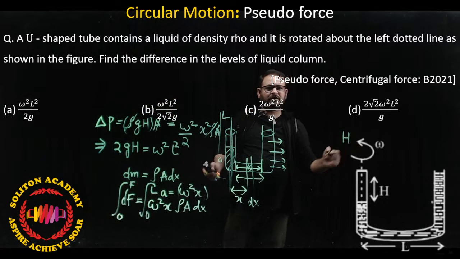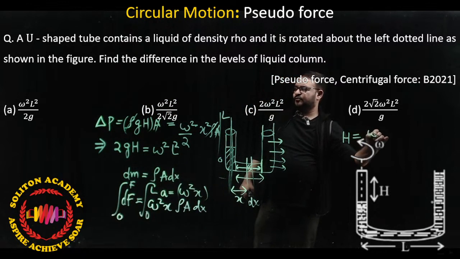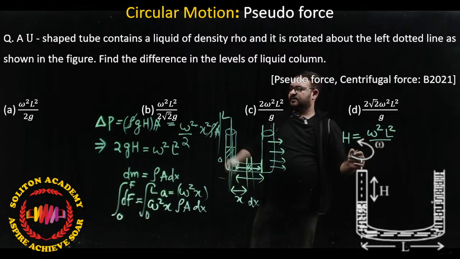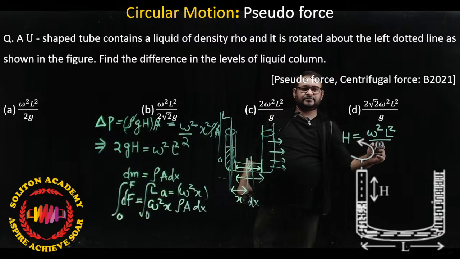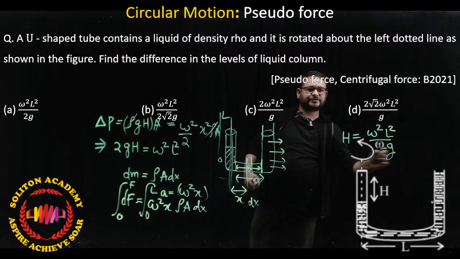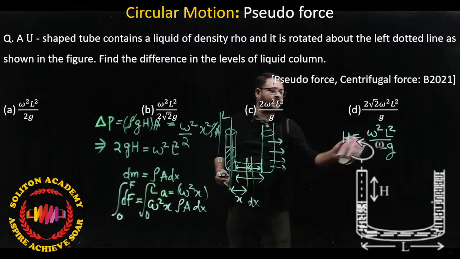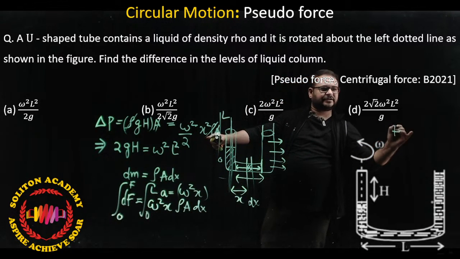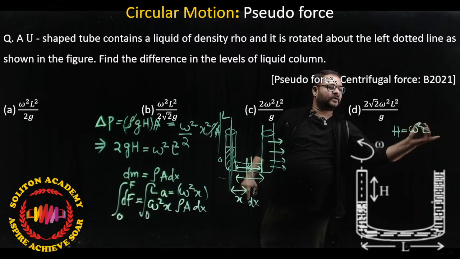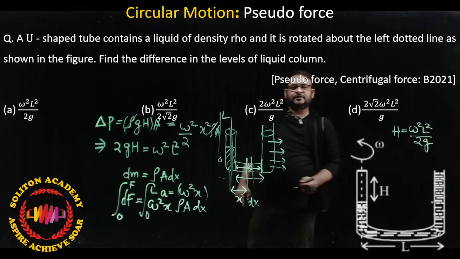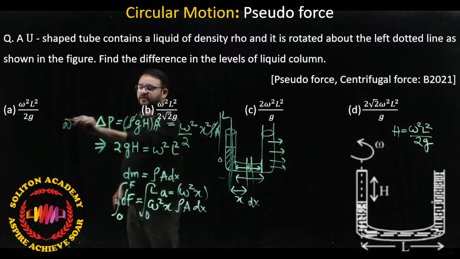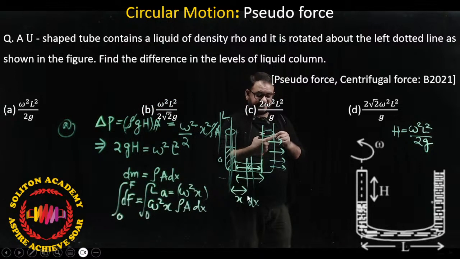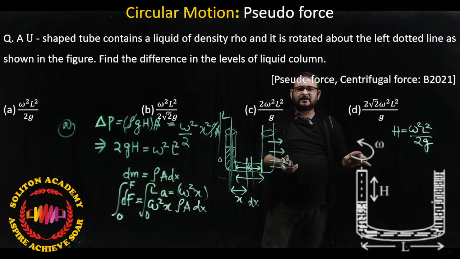जो H होगा वो क्या आएगा? ओमेगा स्क्वायर L स्क्वायर divided by 2g. Okay, let me write at a better place. From this equation, H is equal to omega square L square by 2g. तो देखिए हमारा ऑप्शन क्या हो जाएगा? A. अब ये प्रॉब्लम वेरिएबल सेंट्रीफ्यूगल फोर्स की थी। अब देखिए बिटसैट में इस तरह का सवाल आए तो आप